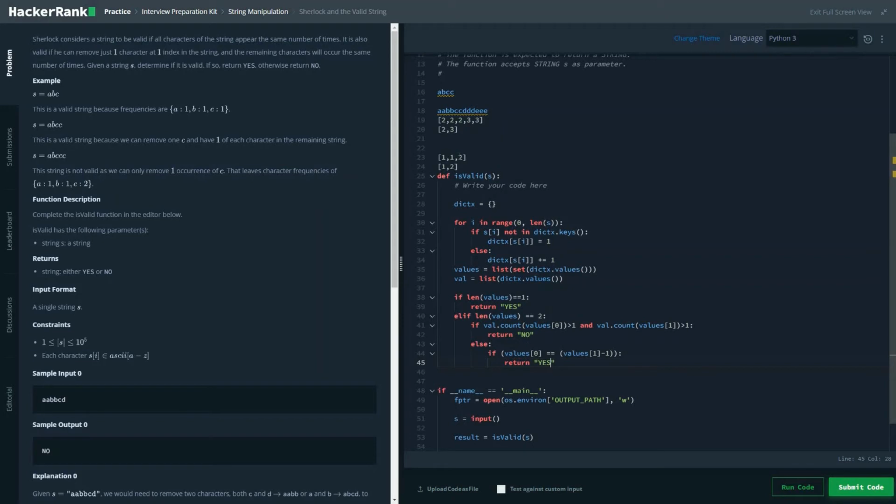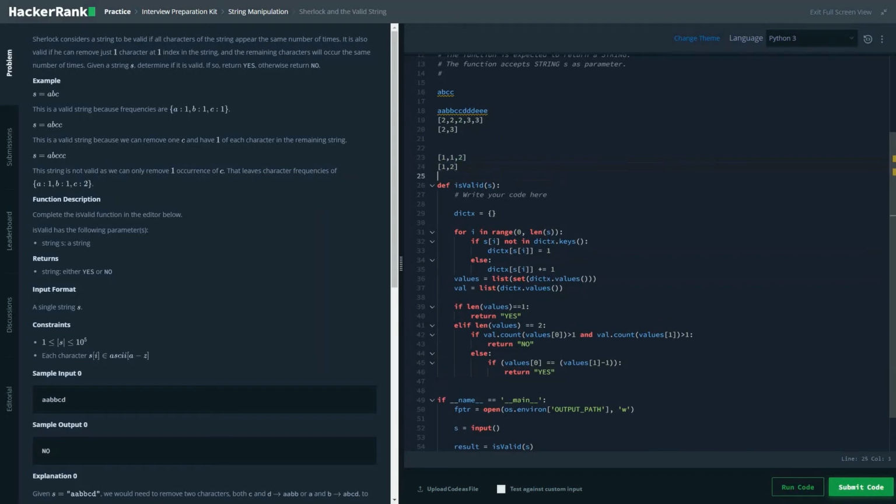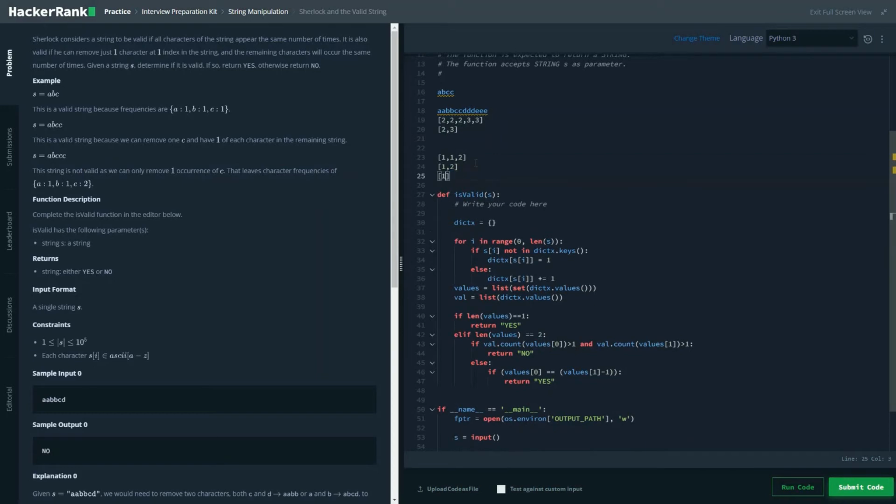Yes, so look at this example. Here we have got two values, 1 and 2. Now to make it a valid string, we can easily remove 1. It means there are two occurrences, so we could make it 1. So it would be 1 comma 1 and it would be a valid string.